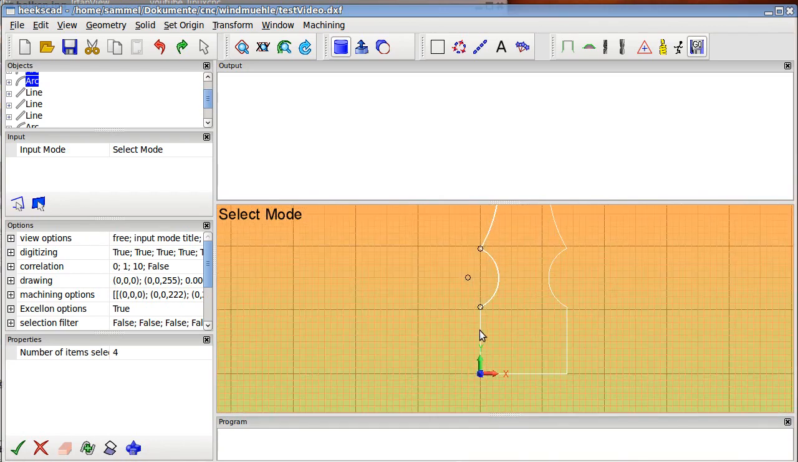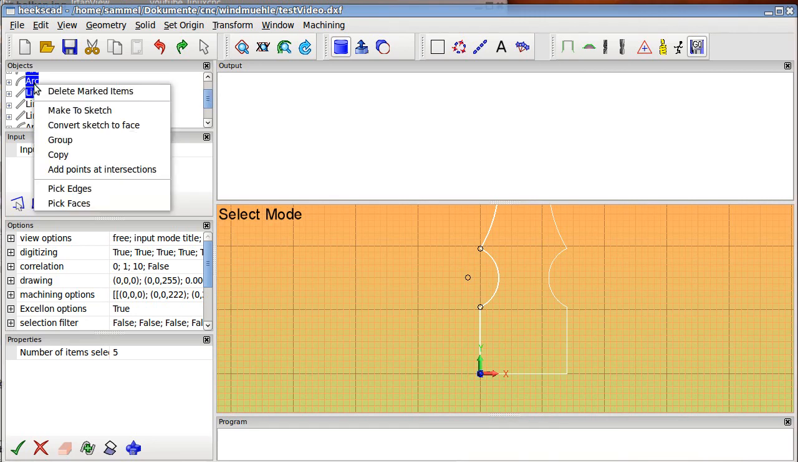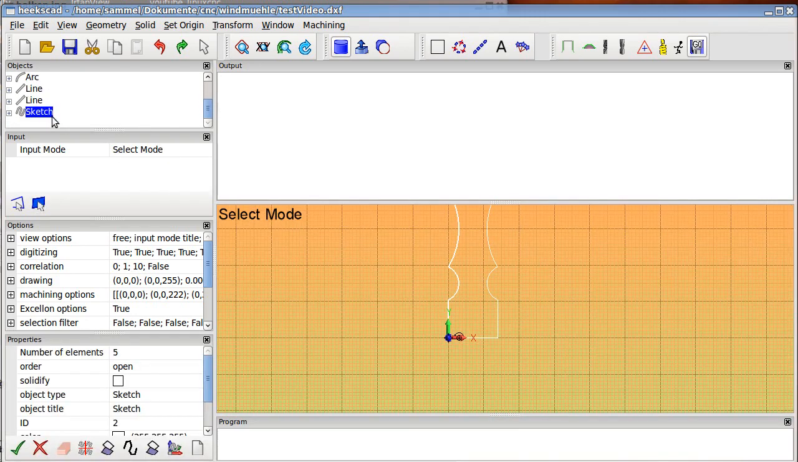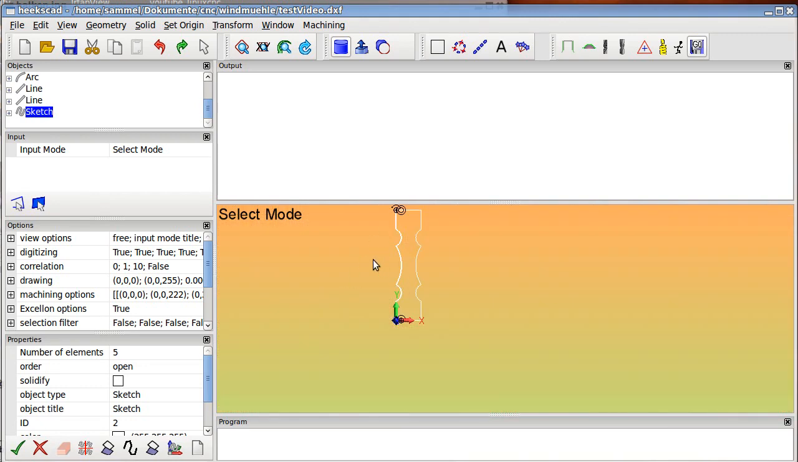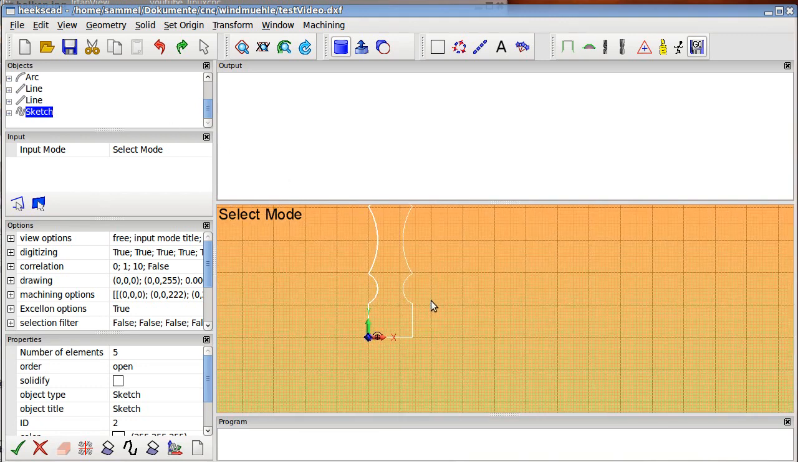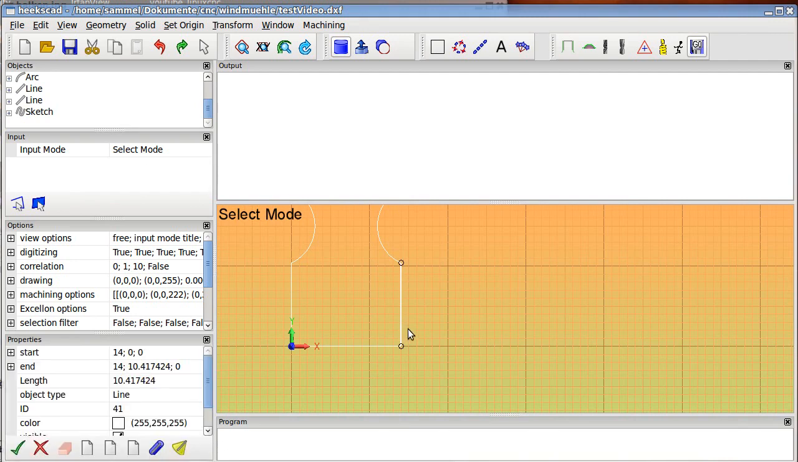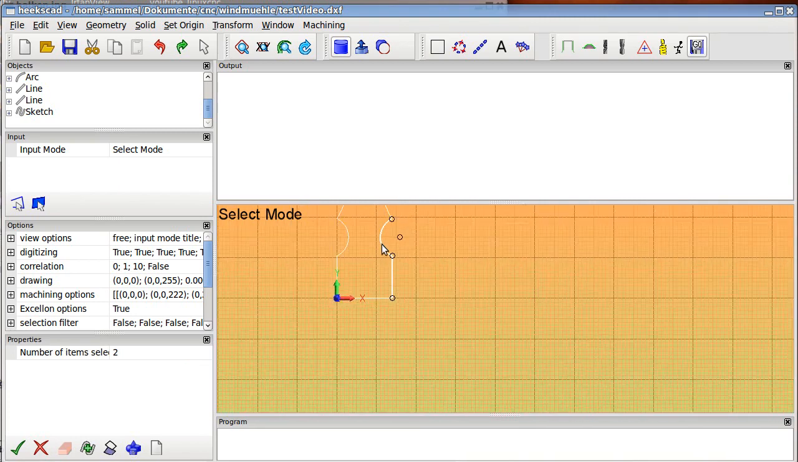So we mark around only the shapes we need. Right click and make to sketch. Now we have a sketch of this part. Let's do it on the other side also. Unmark it here, mark here. Hit Control and mark